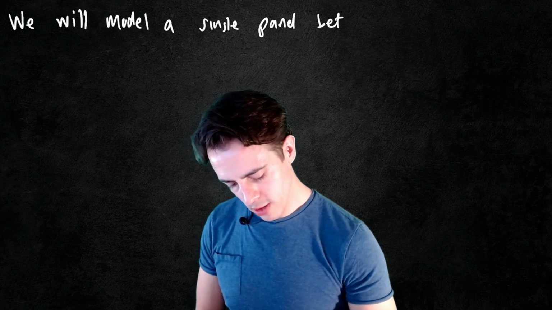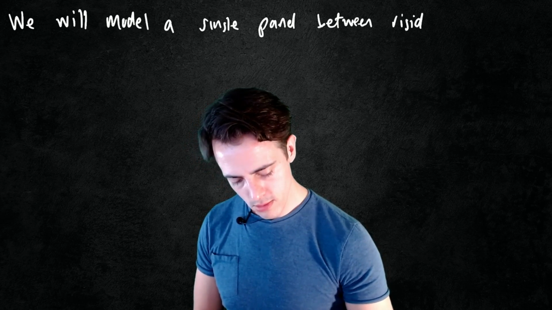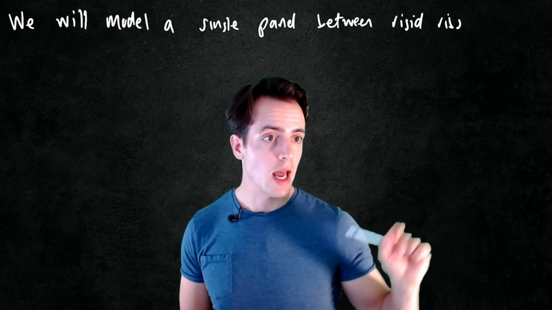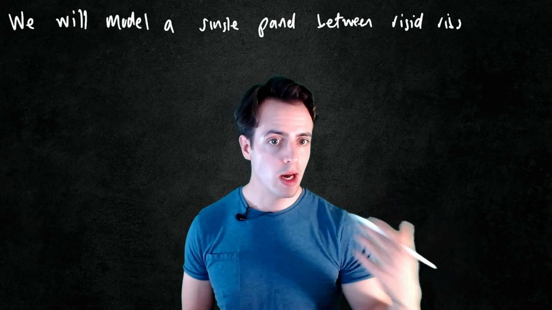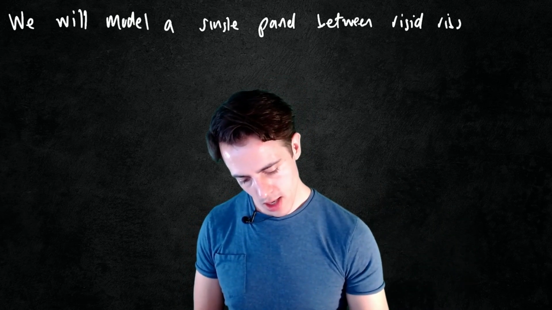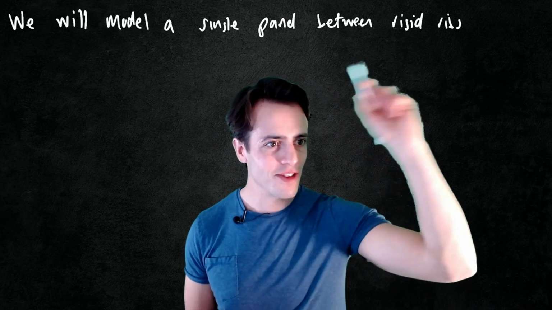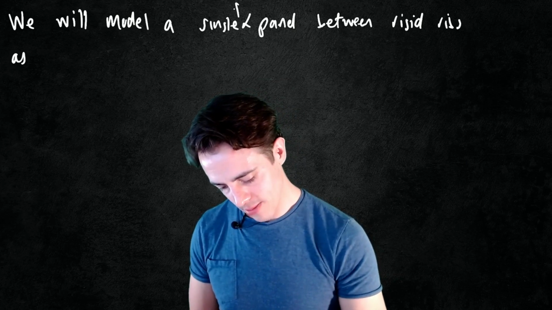So we're going to model a single panel between rigid ribs, and we're going to model it as 3 rigid plates. Rather than being a continuous structure that can bow out, let me continue writing it and then I'm going to draw it. We're going to model a single panel between rigid ribs, a single flexible panel